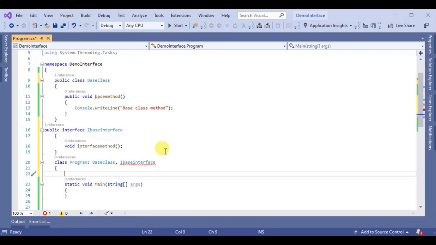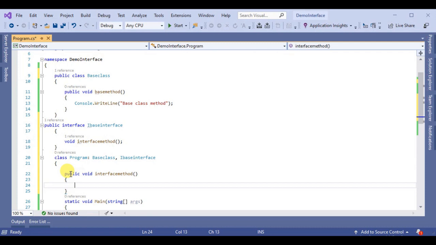So here we implement this method. Public void InterfaceMethod.